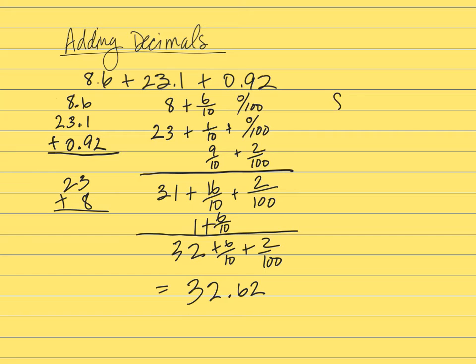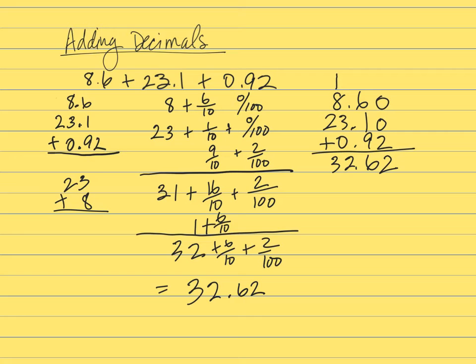Now if we compare that to our algorithm that we mentioned earlier of lining up the decimals and adding, what happens there? We can backfill these zeros as placeholders, right? And then we get a 2, and then 9 plus 1 plus 6 is 16, and we make the exchange, right? There's our one whole, there's our one unit, right? And then we add those together to get our 32.62 or 32 and 62 1/100.